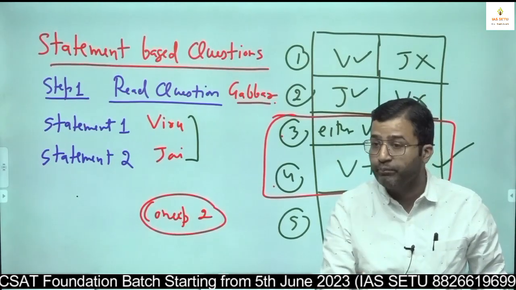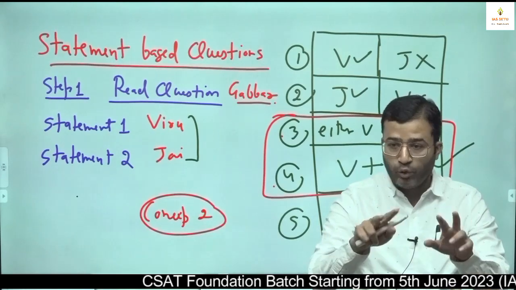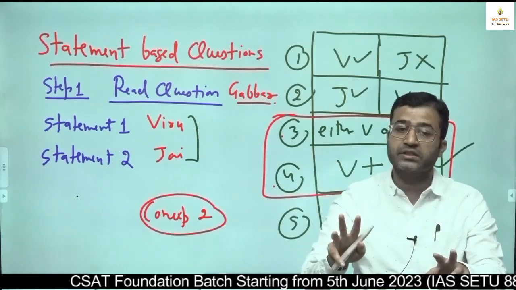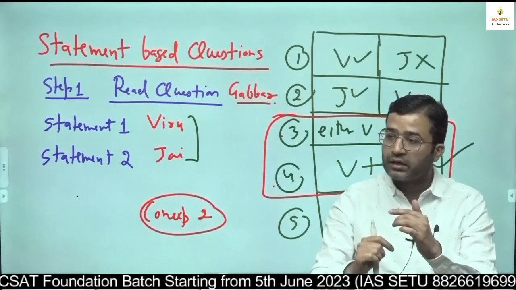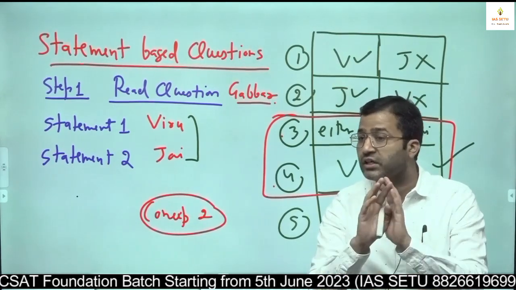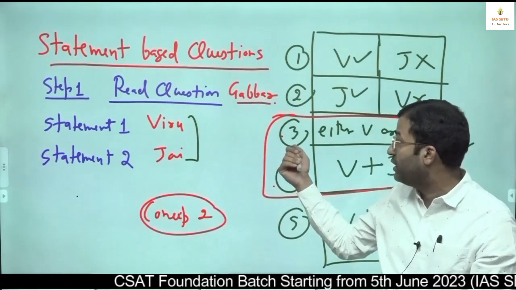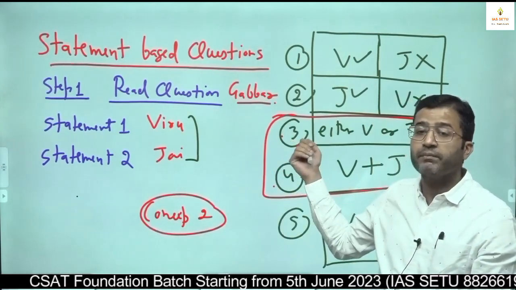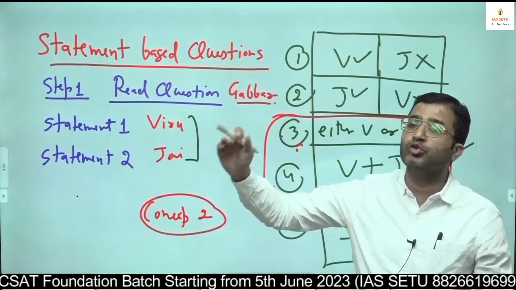Will there be a compulsion that both together have to go? No. If both of you go, mother will say, why put so much money? एक ही जाओ. अगर एक अकेले से काम चल रहा है, there is no compulsion that you have to use both statements together,